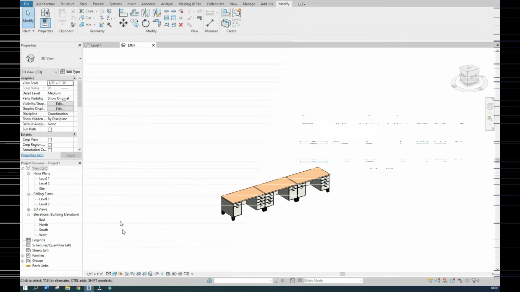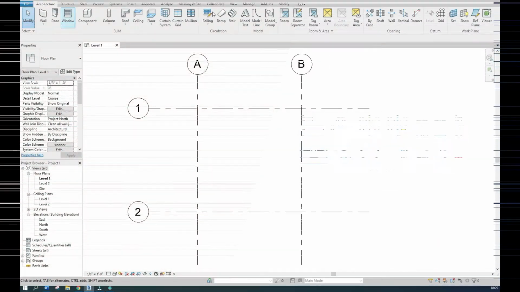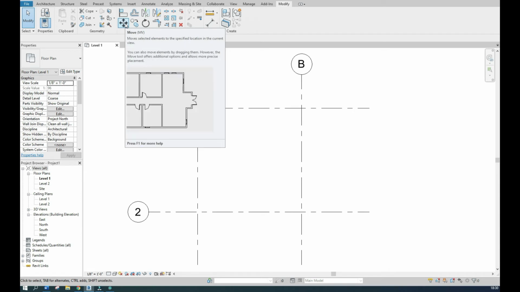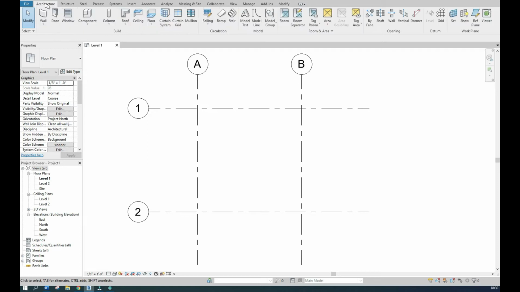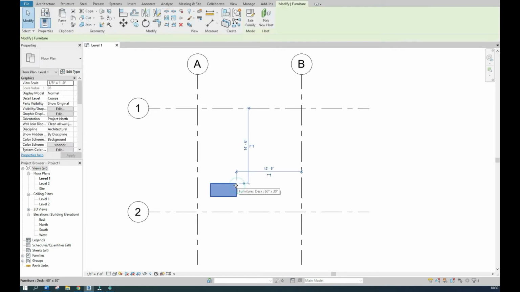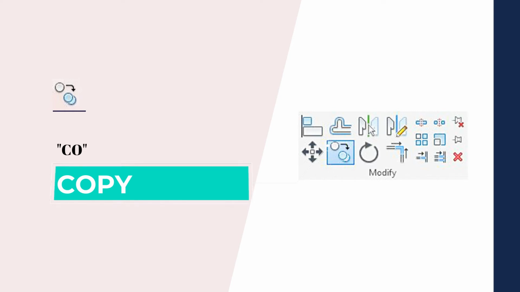Here are some basic tools such as move, copy and rotate. Move. Go to Modify and select the Move tool or just type MV. Copy.